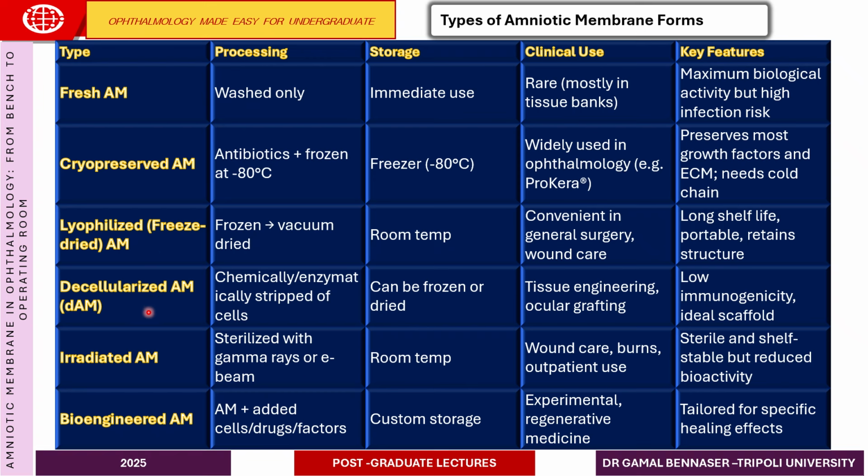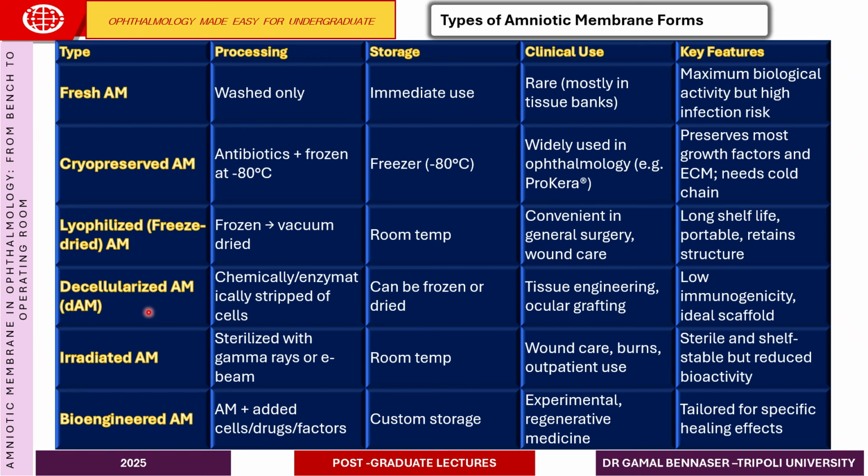The other famous one is also the decellularized amniotic membrane, which is enzymatically or physically stripped of its cells so that it can be frozen and dried, and then by genetic engineering or tissue engineering, they can use it for limbal stem cell transplantations and so on. It has low immunogenicity and low risk of infections and is ideal for scaffold or what's called ex vivo cell transplantation, as we have explained in the lecture of limbal stem cell